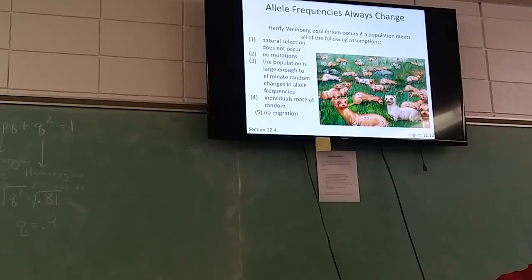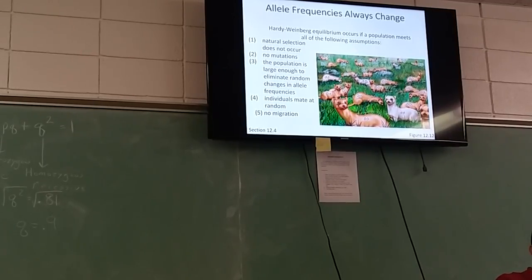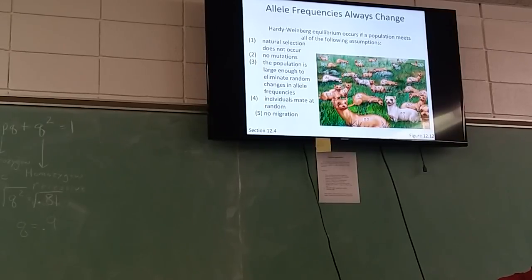So with Hardy-Weinberg, we're saying that no mutations happen, no A's end up switching to T's, or G's to A's, and that natural selection doesn't pick out one allele and either weed it out or make it stronger in a population. You also have to have really big populations, because that dulls out any random changes in alleles. Anytime you have a lot of something, little changes one way or the other don't make a big difference. And individuals mate at random.